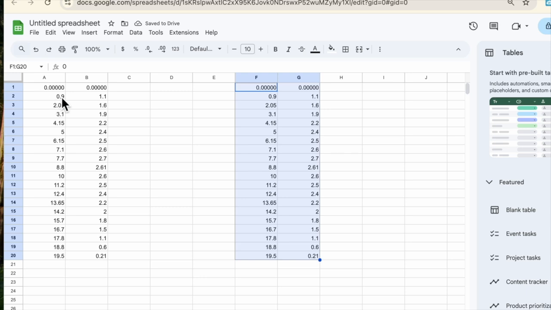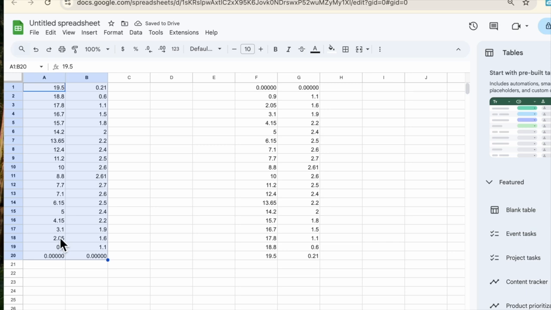Okay, so again, there, right? So now they're correctly sorted from 0, 0.9, 2.05, etc., all the way up, right? So then another thing that you have to do is you'll have to